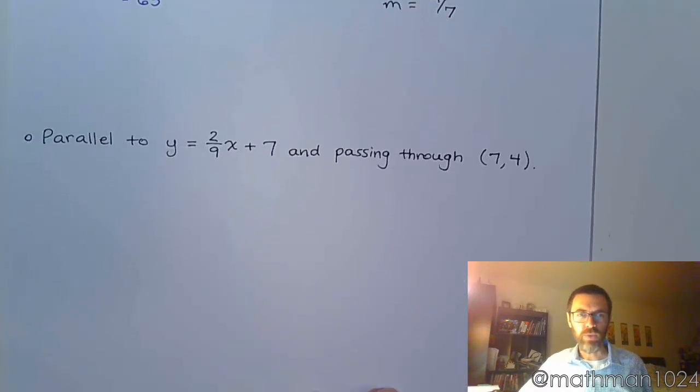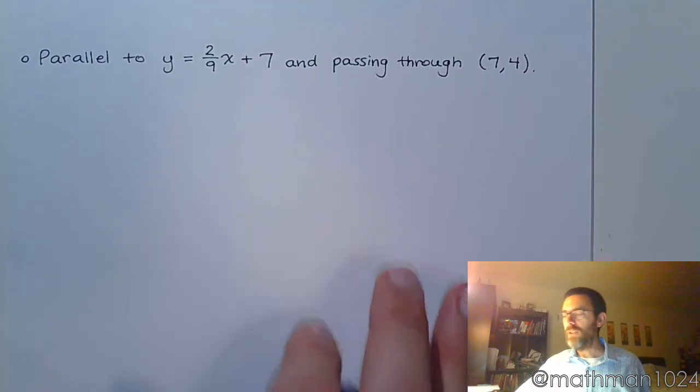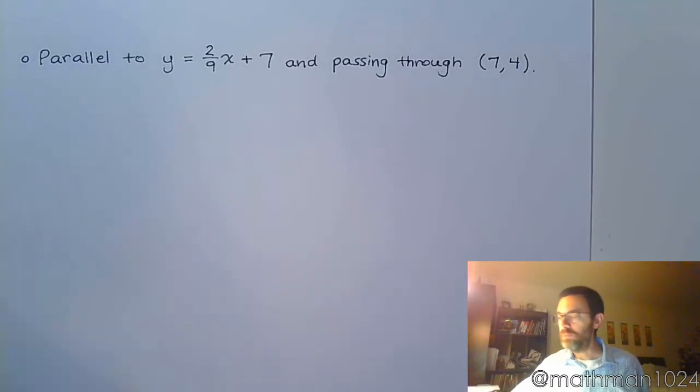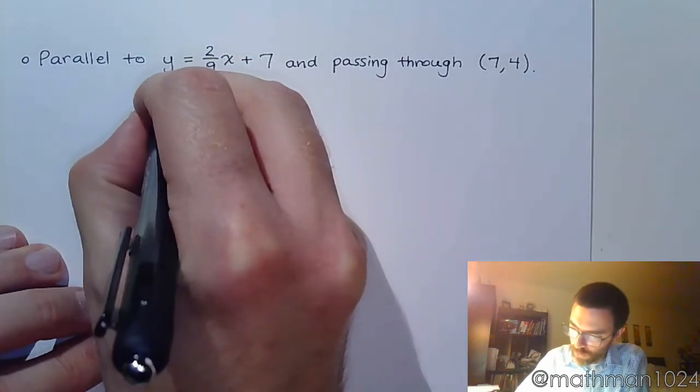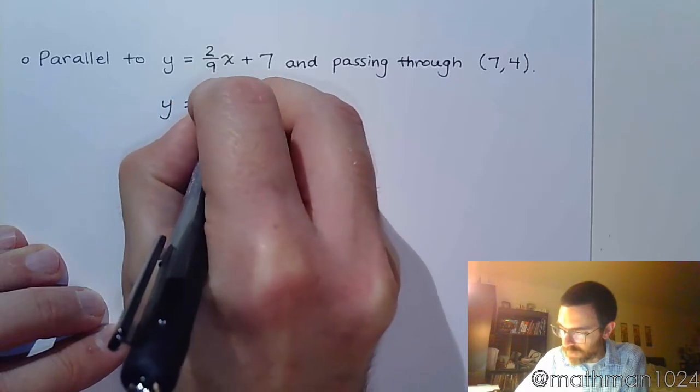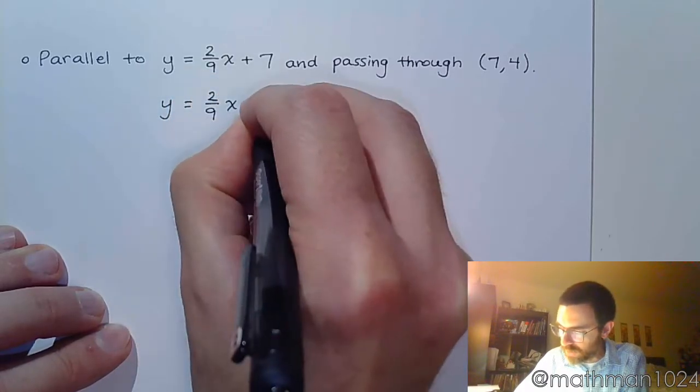Alright, let's look at this one. You need to be parallel to this equation, but then passing through the ordered pair 7, 4. Alright, well, here's something that I know already. Parallel lines have the same slope. So I could go ahead and write this. I could say that y equals 2/9 x plus